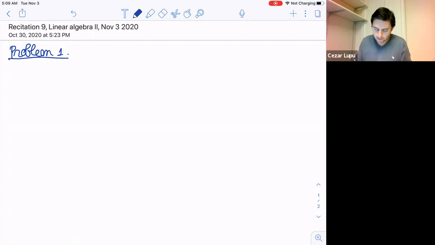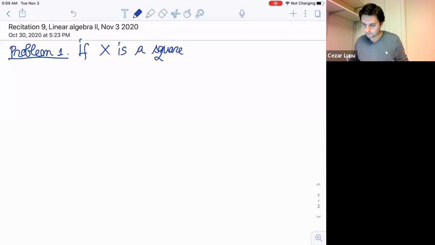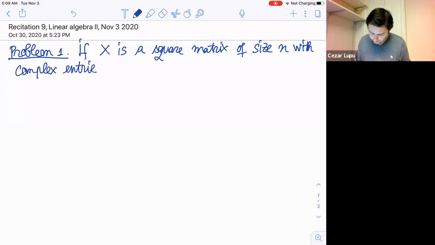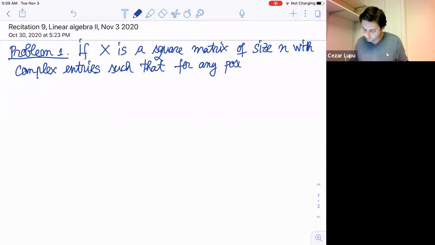So if X is a square matrix of size n, an n by n matrix with complex entries, let's say, such that for any positive integer, let's say k,